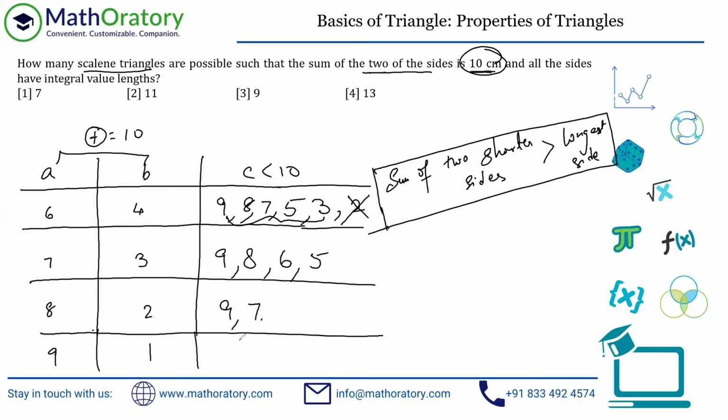So if I consider 9 and 1, see, 9 is anyhow not acceptable, right? Even if I consider 8, 1 plus 8 is greater than 9, equal to 9. It's not greater than 9, right? So this case should not even be considered in these kinds of questions, because it's scalene and integer sides. So for scalene triangles with integer sides, 1 can never be a side. If you want, you can remember this.